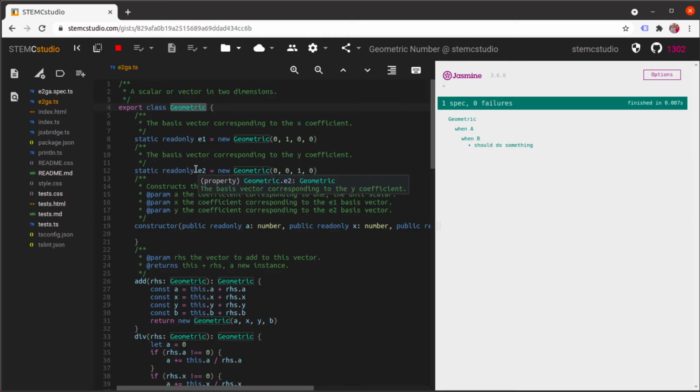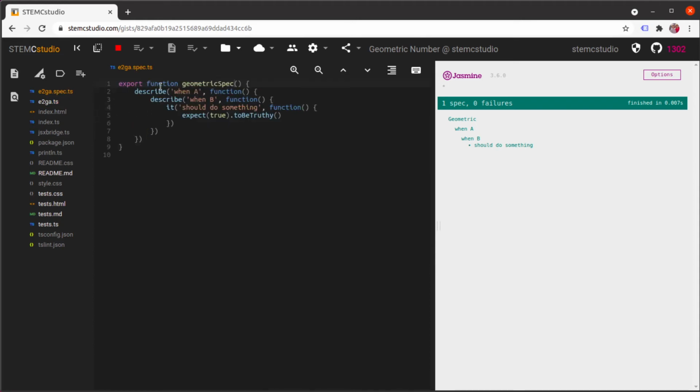And when you create tests, you want to build on your tests, build the sophistication. So the first thing you really have to test is the basic construction. You know, does constructing a geometric actually work? All right, so let's go to our spec, and we want to do something like this. We've got a geometric constructor,